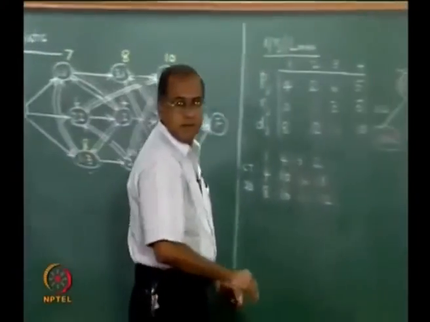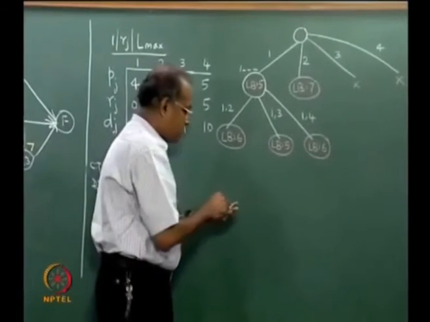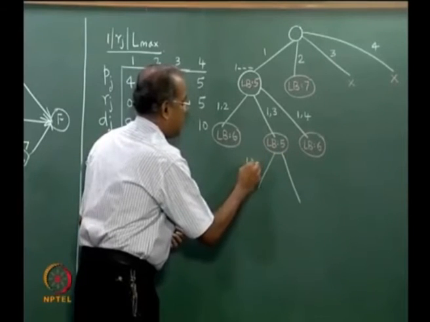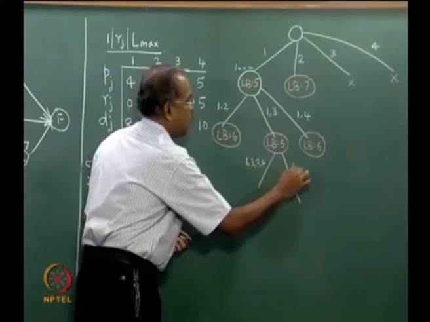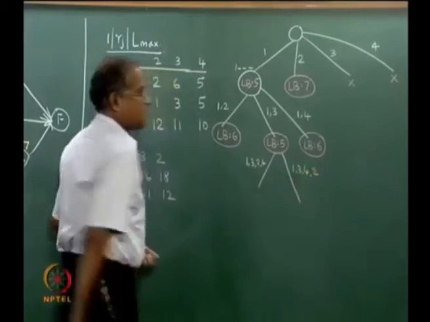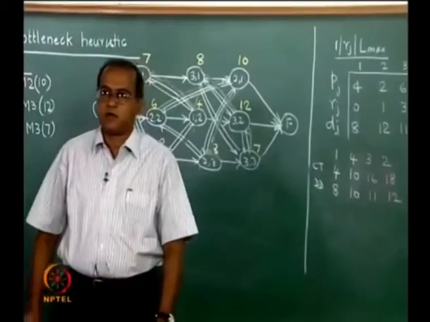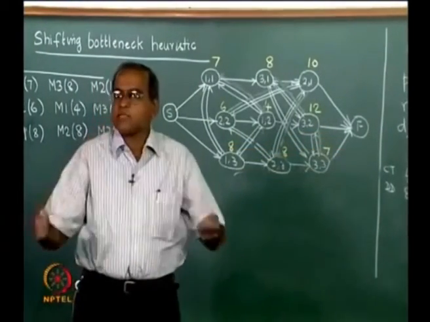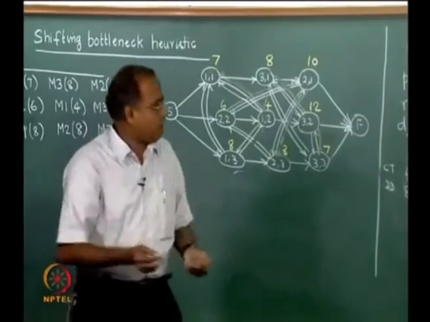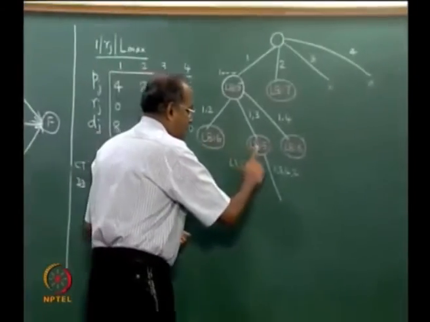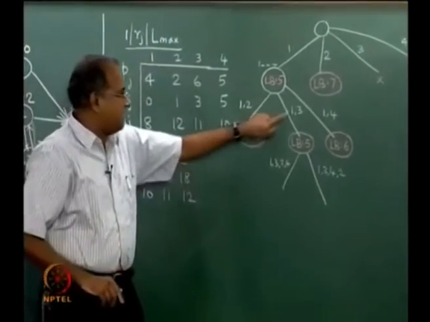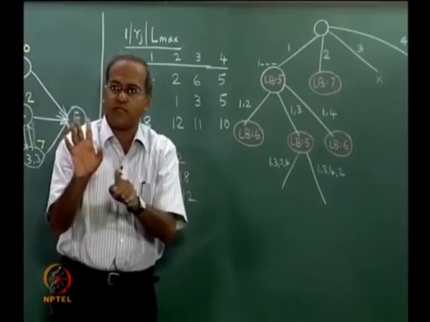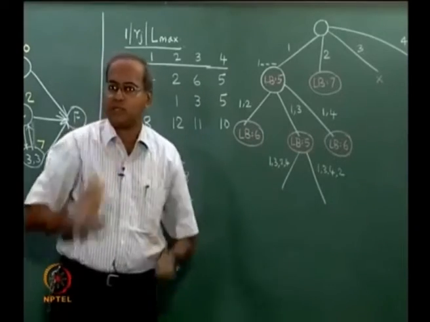Now, we can proceed from here and create two branches. So, I have 1 3, I have 1 3 2 4 and 1 3 4 2. These are the two sequences that I can think of, because there are only 2 more jobs remaining. So, these are feasible sequences. So, in general one would say, even here we need not have evaluated this lower bound. We could have straight away said at 1 3 there are only 2 more jobs remaining, which can be fixed in 2 ways. So, we could create 2 more sequences.